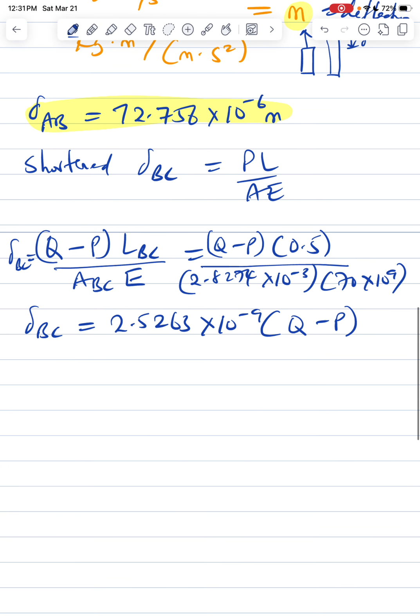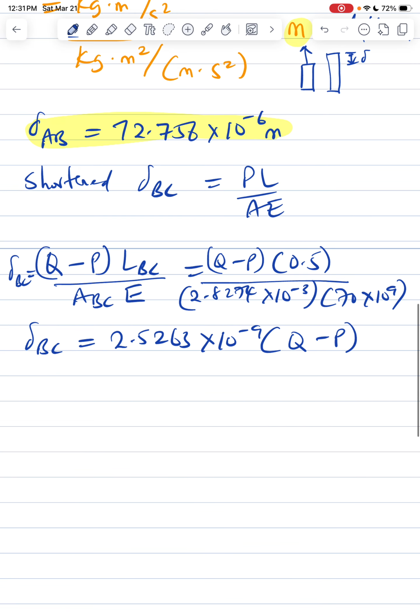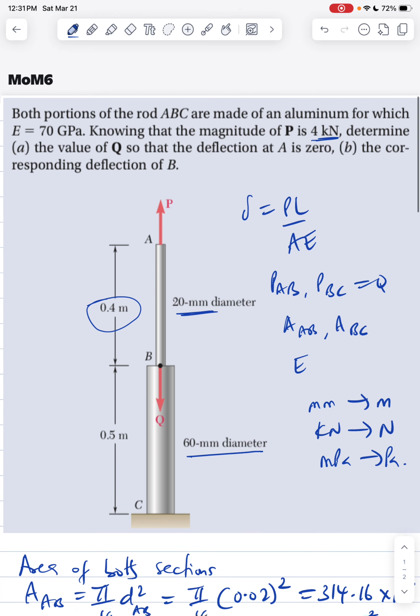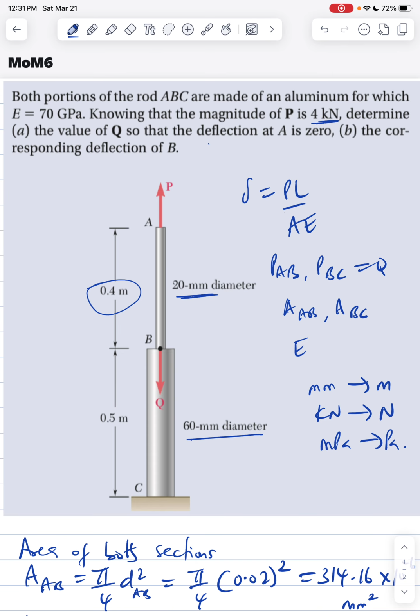Now in this problem, it says zero deflection at A. What that means is, if this point doesn't move despite the force, then the deflection in this material is equal to the deflection of this other part. If there is zero deflection at A, what that means is